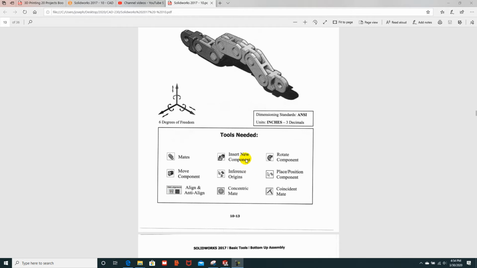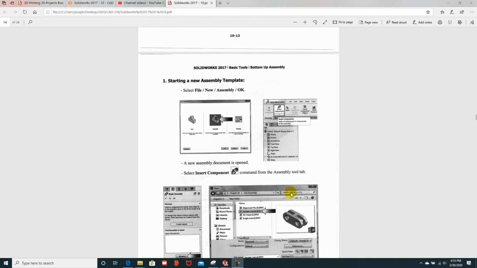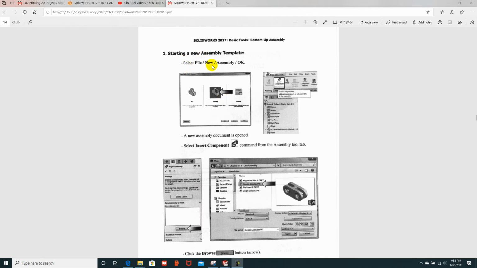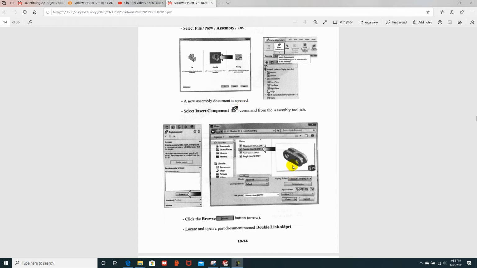Insert component, that's how we put the parts in. Origins, we can see the origins on all the other parts. Concentric mates means they're surface to surface. Rotate components, place position component, coincident mate. So we'll go through and we'll use those tools. We'll start off by starting a new assembly drawing, and then we'll insert this component right here, the double link. So switching over to SolidWorks,